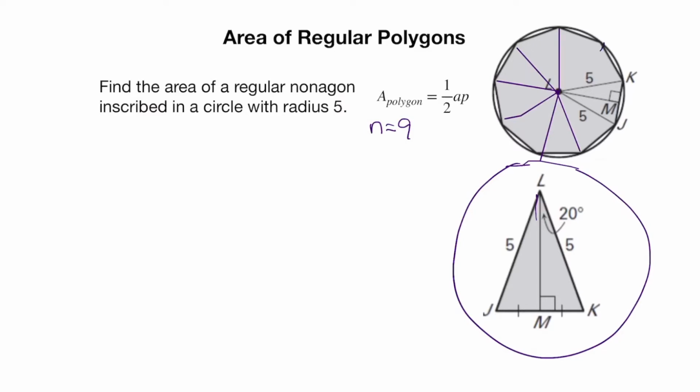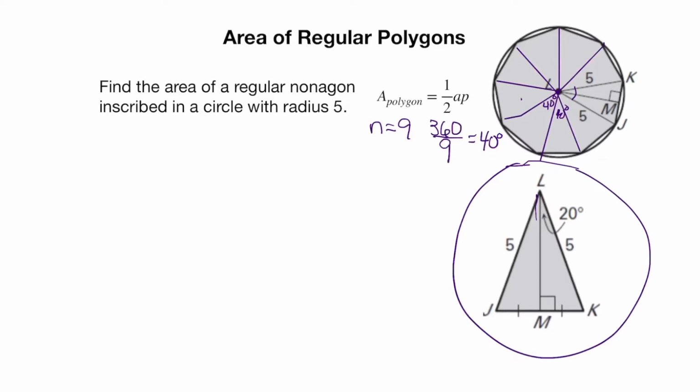These aren't coming out so great, but there they are. They're all going to be congruent because this is a regular polygon here. Because there's 9 sides, how many angles are there? 9 angles. So I can find the measure of each. I know all the way around is 360. Then I'm going to divide by 9. That means that all the angles here are 40 degrees, and that's the same all the way around, including over